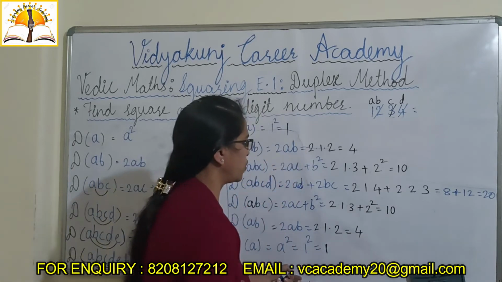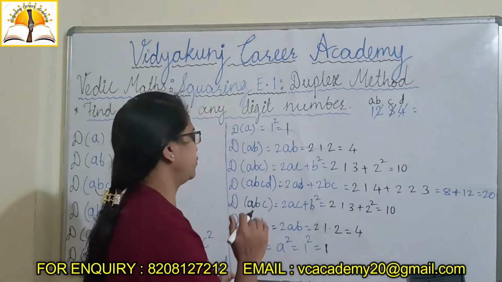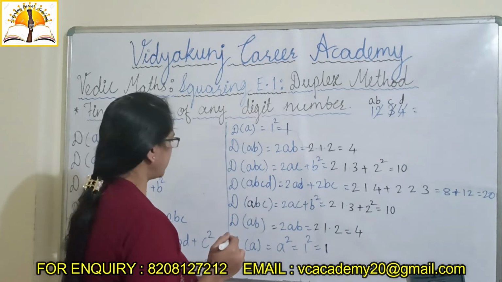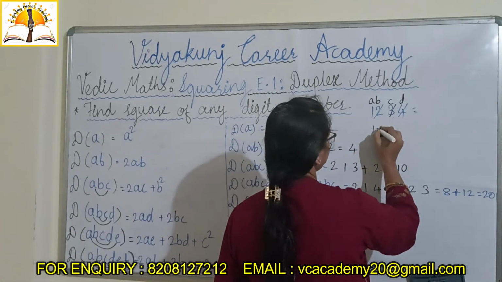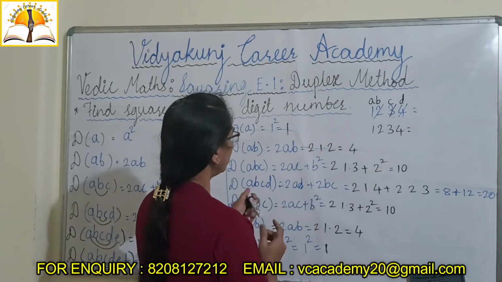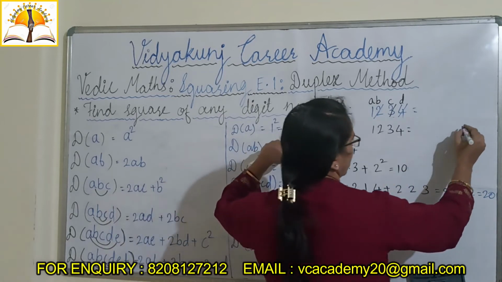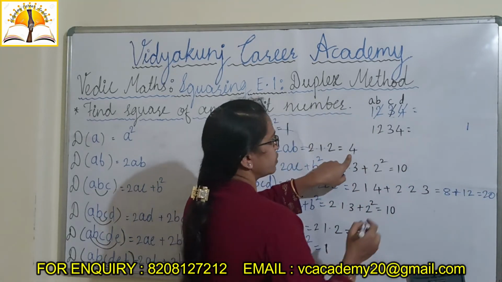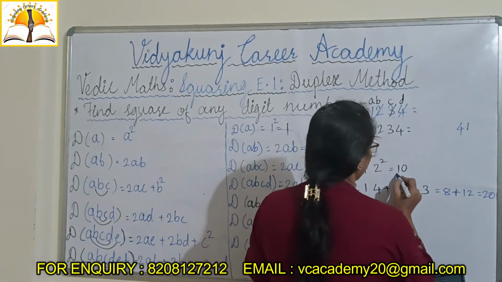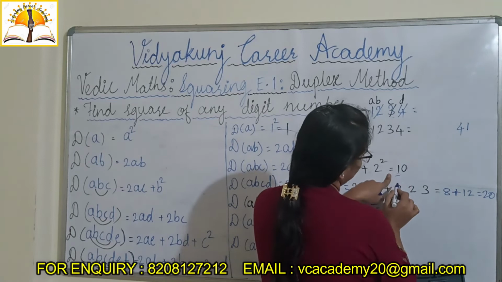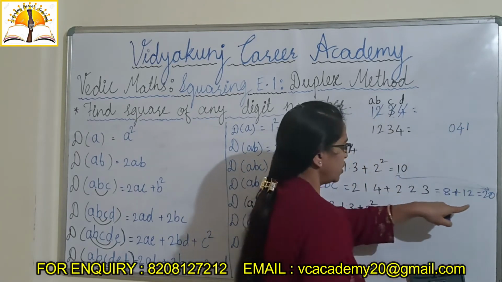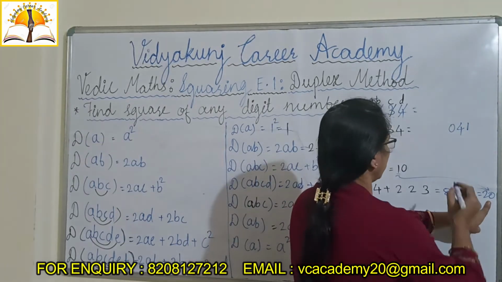These things we have to solve from the right side. We have to present the answer from the right side. Okay? Now I will write here the answer. Here only I will write. This one 1, I have to write. This 4. This one 10. If it is a 2-digit number like 10, we have to carry the 1 to the next number. Yes, I have to write here 0. Here 20 becomes 21.